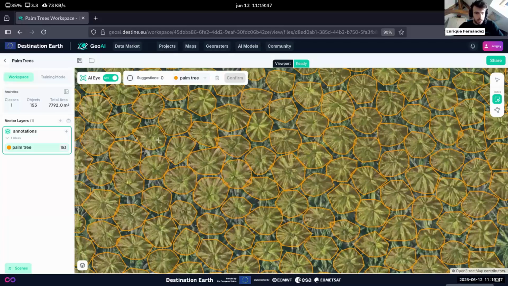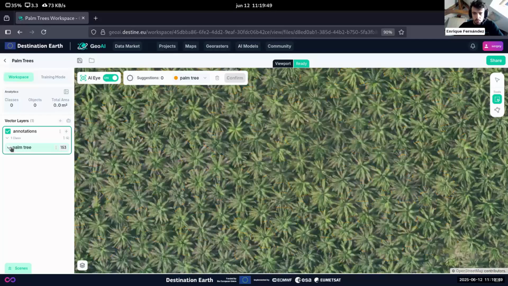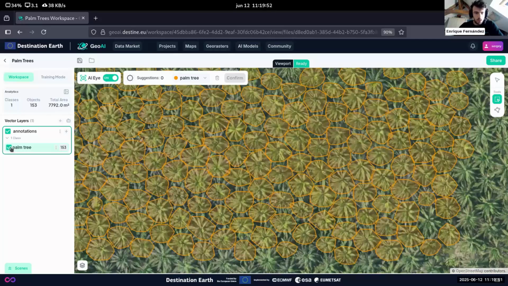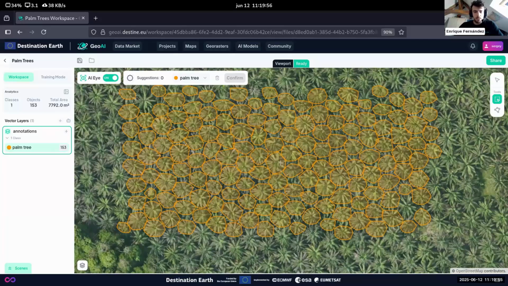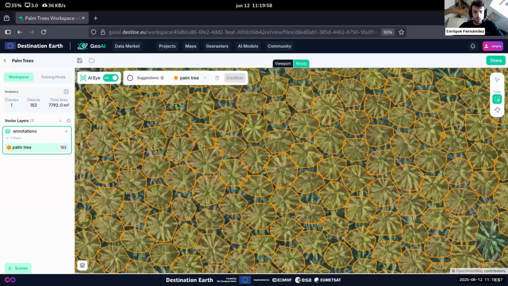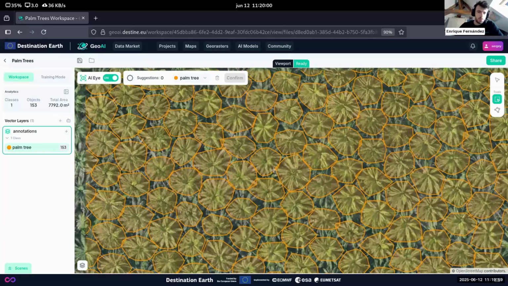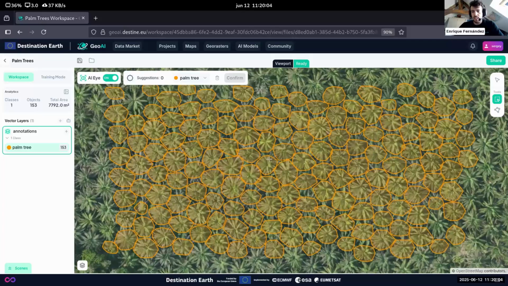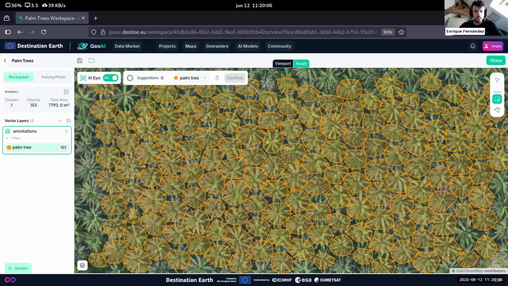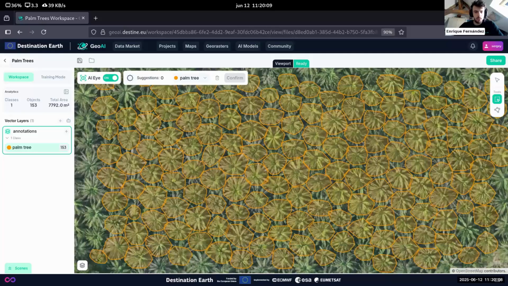If you check, I'm going to enable and disable. It did a pretty good job of quickly, in a matter of 5 seconds, labeling 153 palm trees. Manually, this would have taken probably half an hour or more. But with the AI, it's as easy as just showing one example, and it infers what the object you want to find is.